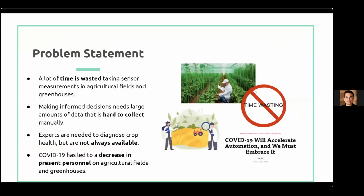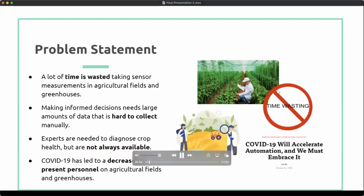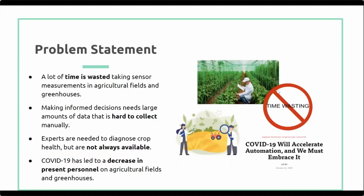After doing our own research, we realized that a lot of time is wasted taking sensor measurements in agricultural fields and greenhouses. Moreover, this amount of data is very hard to collect manually. Also, experts are needed to diagnose crop health, but they are not always available on field. Additionally, COVID-19 has led to a decrease in present personnel on agricultural fields and greenhouses, which leads us to our